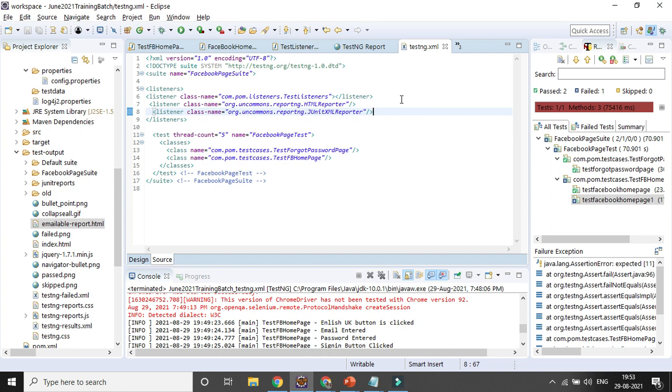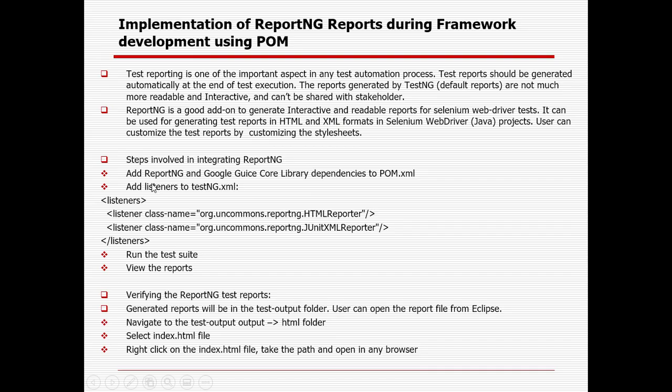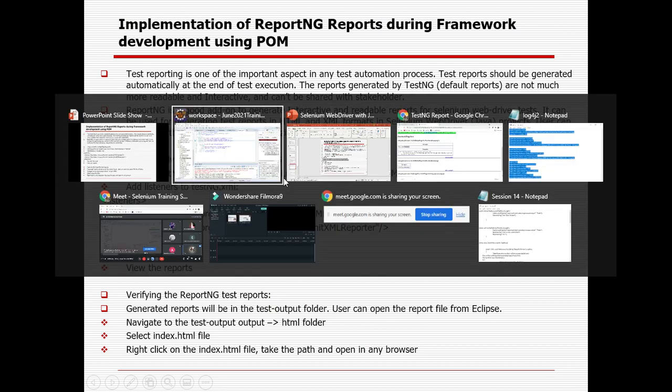Second part is that I need to add some dependencies for ReportNG. One is ReportNG and another is the Google Guice core library dependency, right? I already mentioned it here. So we need to add ReportNG and Google Guice core library dependencies.